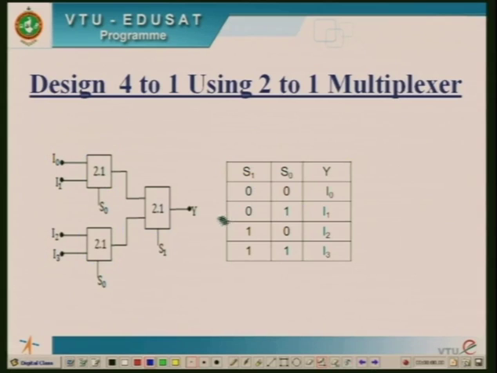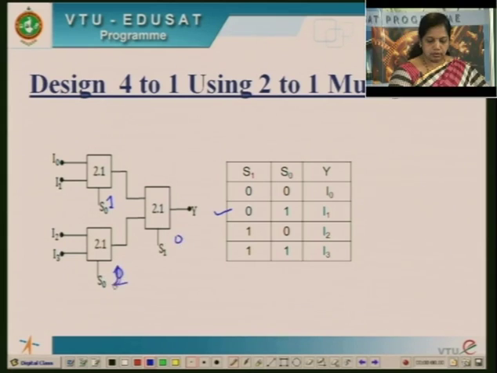So let me use the second combination. I will take S0 is 1. So if S0 is 1 and S1 is 0, so I will treat this as 0 and this will be 1. S0 is 1, S1 is 0. So S0 is 1 means I1 is selected, and I3 is selected.